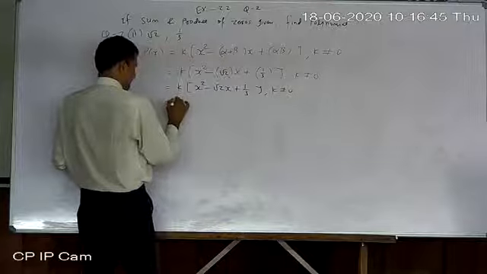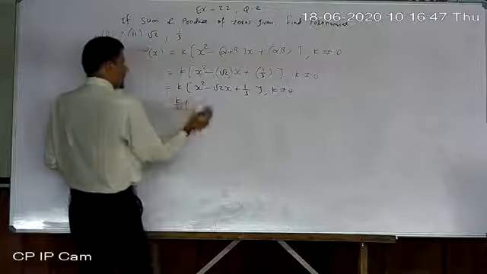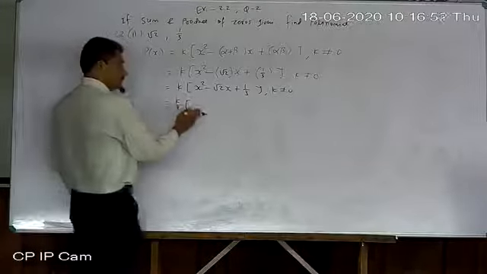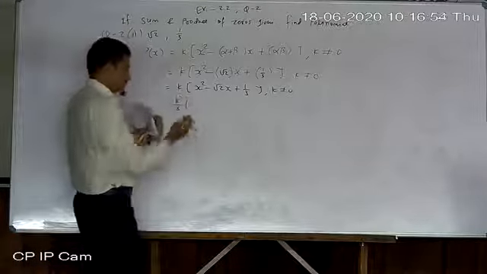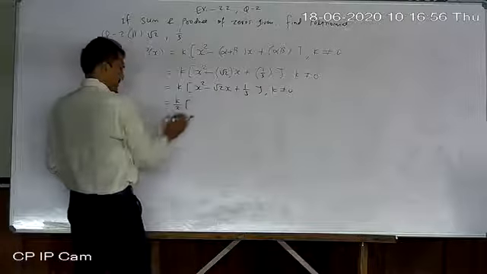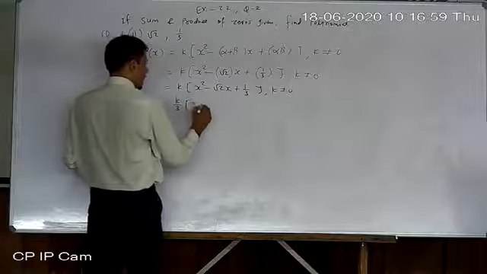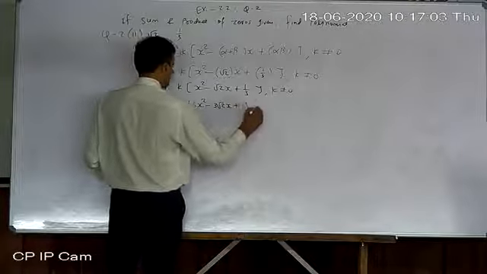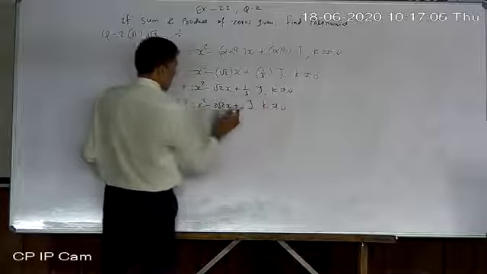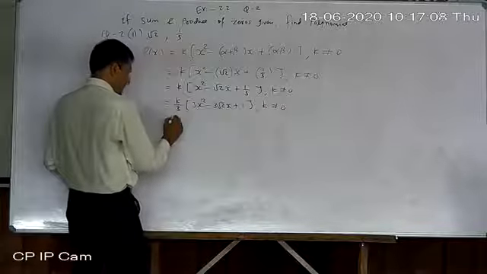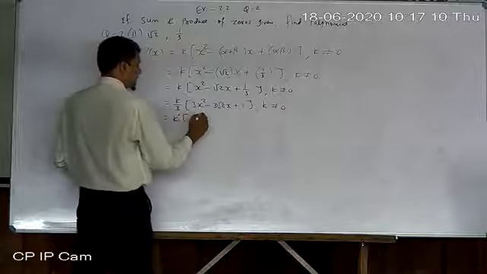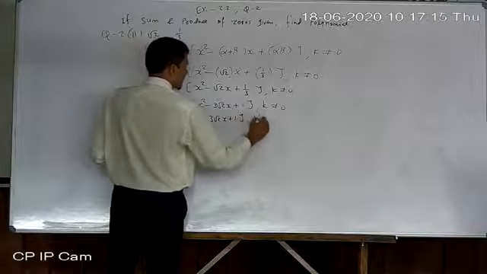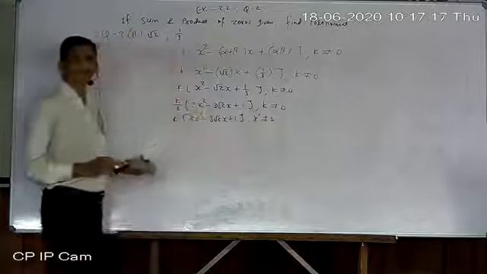Now take LCM and take it directly outside of the bracket. Okay. No need to write one extra step. Okay. 3 is taken as LCM. So now 3x square minus 3 root 2x plus 1. Okay. So that is our main equation. But now replace this k by k prime. So 3x square minus 3 root 2x plus 1, k prime is not equal to 0.